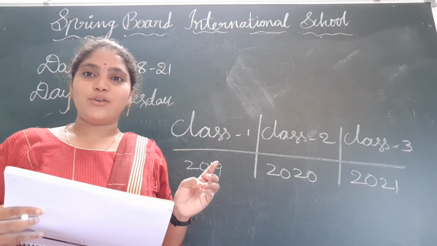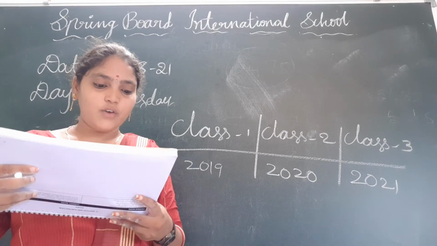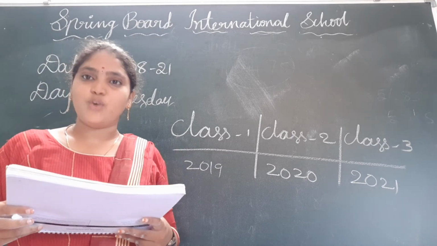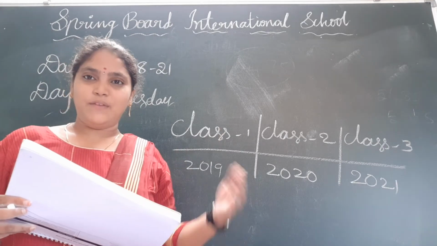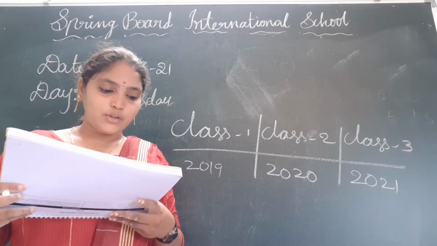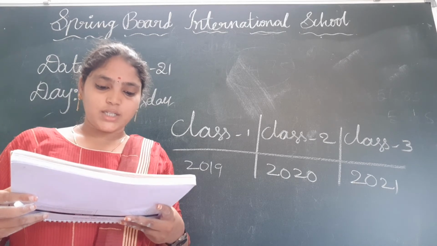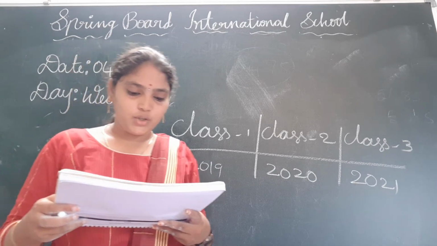So just you have to collect the pictures of every year. Okay, each year means PP1, PP2, class 1, class 2 and class 3, and you have to paste them in a sheet of paper and put them in your think room,